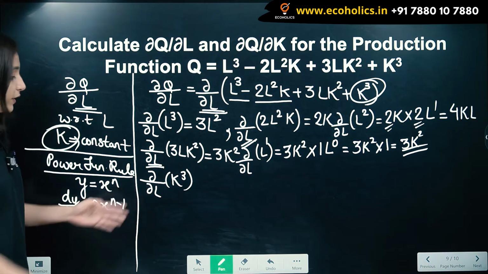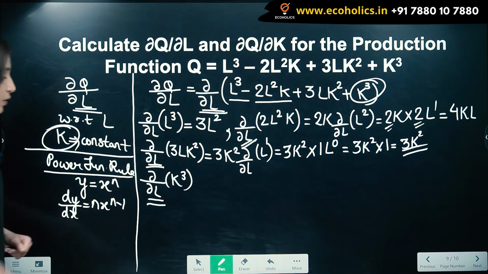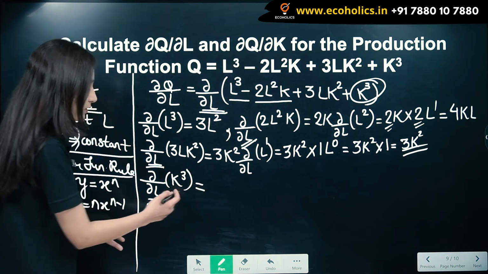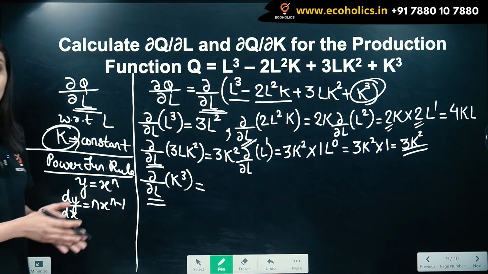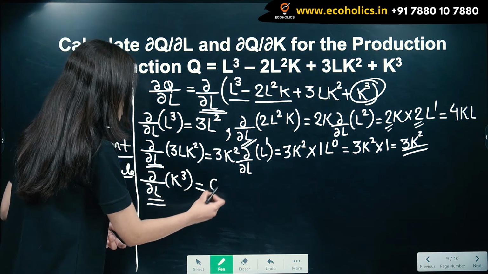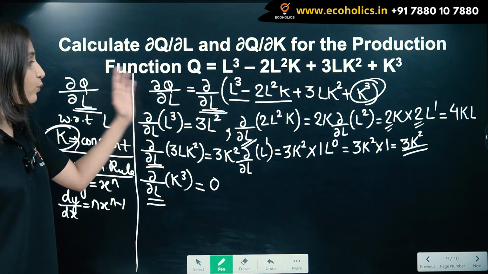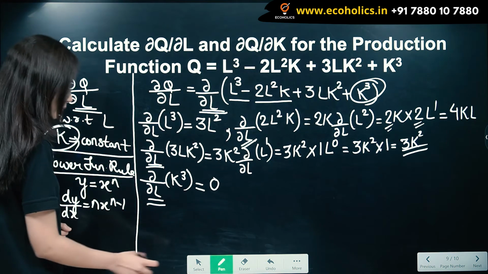Since we are differentiating with respect to L, we take k as constant. So when we take k as constant, then we know that derivative of a constant term is always 0. So this becomes equal to 0. Now substituting all these values, what do we get is